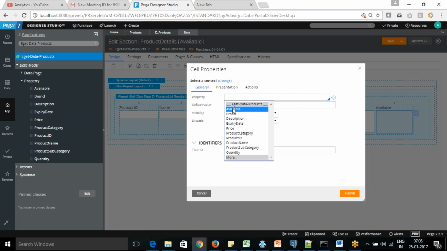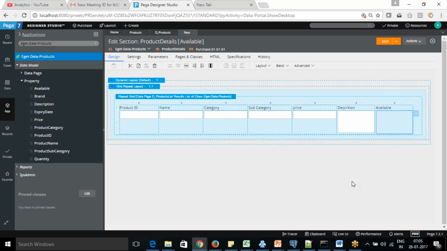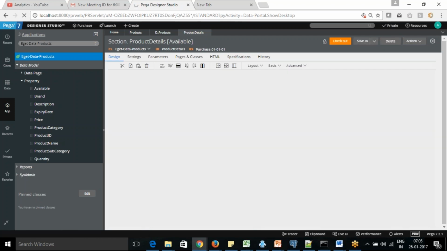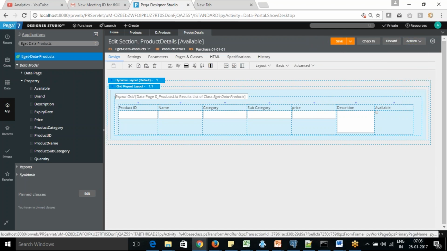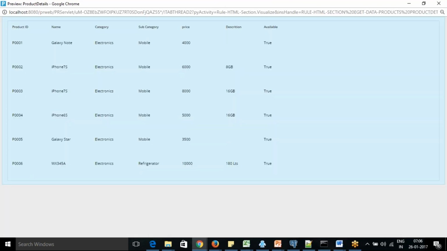So you can see that availability. Technically, you can save the same. So this is like I checked out, saved it in a better way, and if you say I just want to preview the same, you can see that the UI and all the details are coming from here, from the local storage.